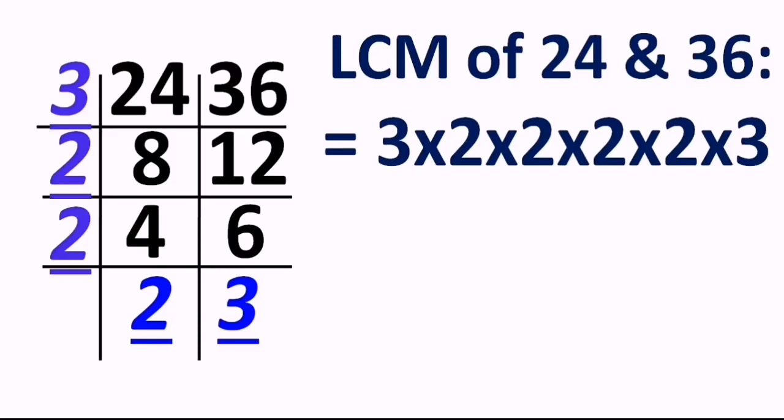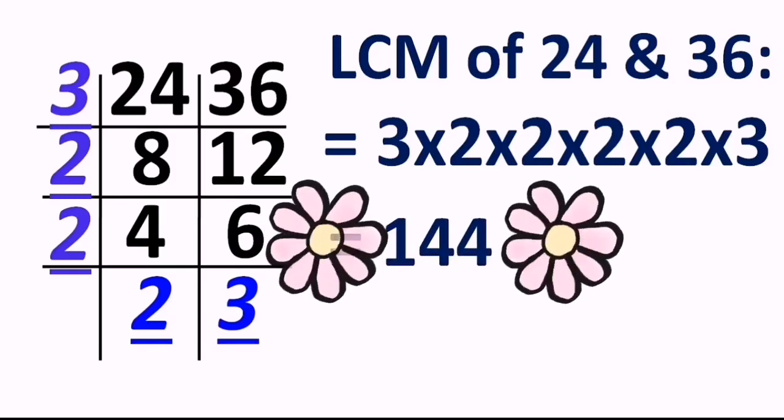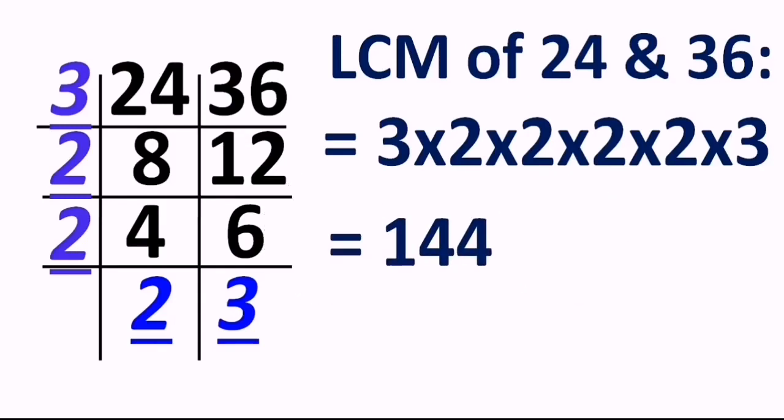Multiplication of all those numbers which are in the corner and at the bottom. Okay, so all those numbers we have to take, and that results in the answer 144. Okay, so we got the idea, the simple idea of what to do in the LCM, right? Let's try a few more sums also. Let's see whether you can do it or not.